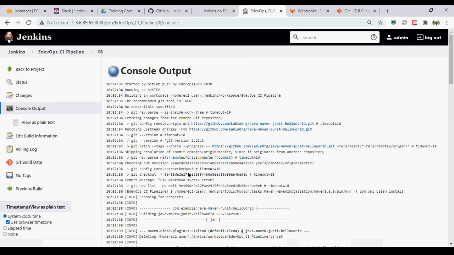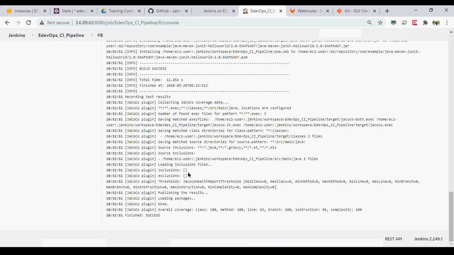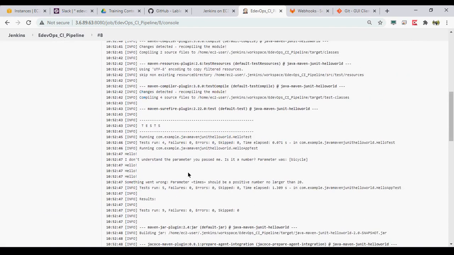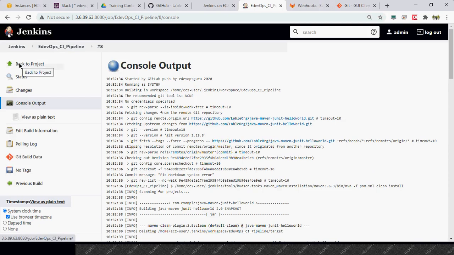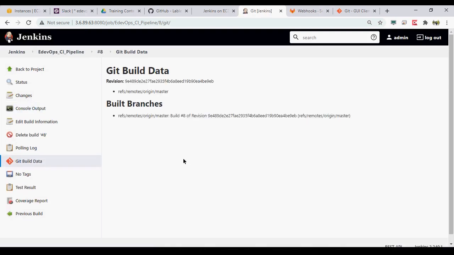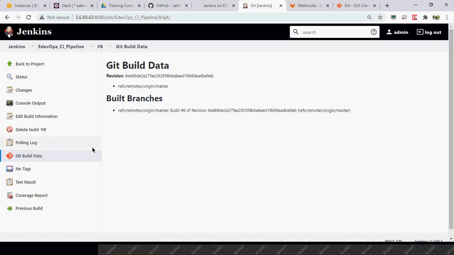Since we did not choose any branch or anything, it's the same job which we just tested for the trigger part. We did not take any input from that particular webhook. We will see how we can take that and other things also. But if you see here, now we have multiple options enabled. Now you can see the git build data. This is the remote branch which was executed. This is a version.